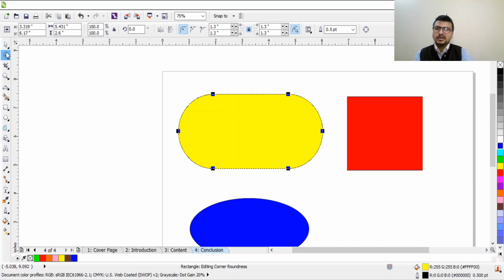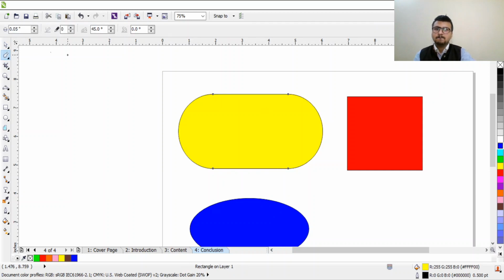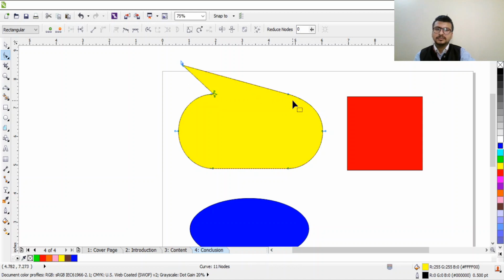We can change it like this much, just by changing the nodes, these small nodes.